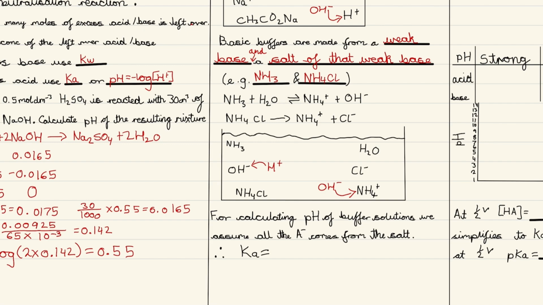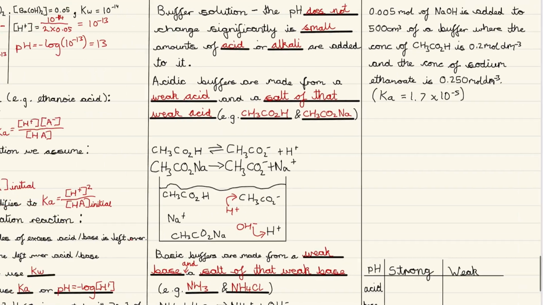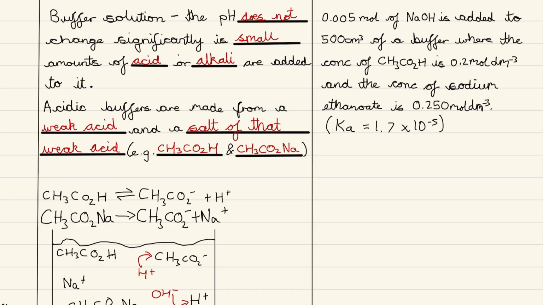For calculating pH of buffer solutions, we assume all the A- comes from the salt. So the Ka expression is equal to... now for this question I'm going to draw a similar ice table. So we get